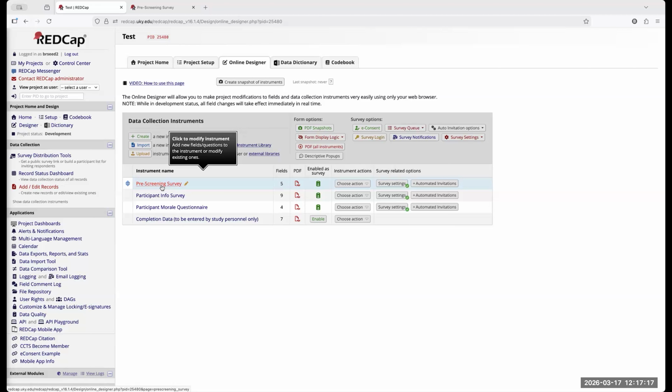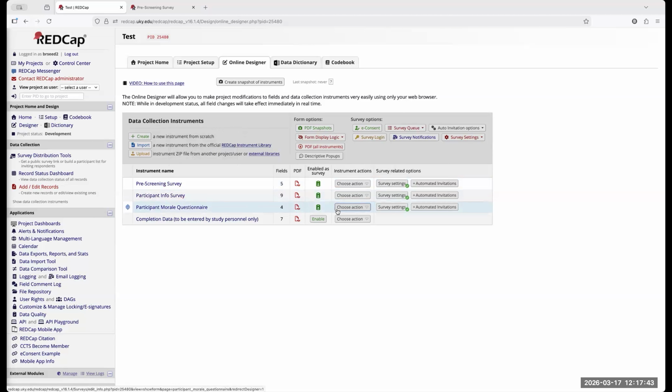Because what you don't want to do is, 6 months down the road, want to add a survey, but you only have one or two email addresses for all of your participants. Maybe you have 100 participants that have already replied. What you don't want to do is have to contact them again and ask them for an email address. If you already have that information, you're ready to go and they can just start receiving your surveys.